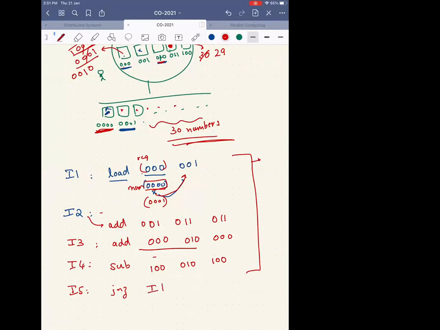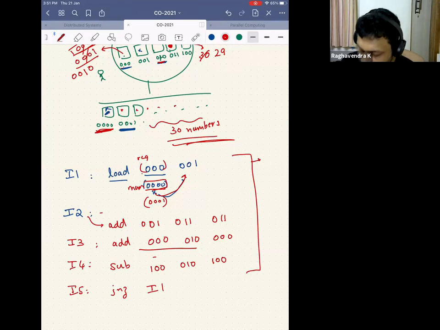We'll also give 100. You give what? It has to check jump, not zero. I think they're saying that just to check whether 100 is 0 or not, we should give this condition also in the jump not 0 statement. Okay, let's say this jump not 0 doesn't have that condition,